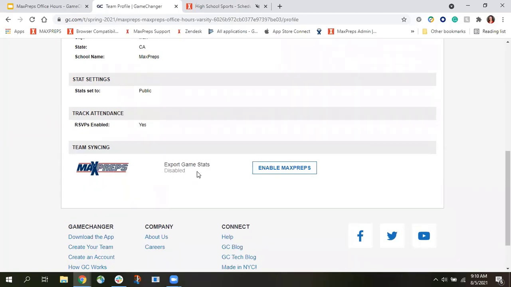And if your sync is set up at anything other than varsity level primary team or JV level primary team, then you'll want to disable it. So if you're enabled at varsity level, but you don't see primary team there, go ahead and disable that sync. You're going to want to enable it. So if you enable MaxPreps,